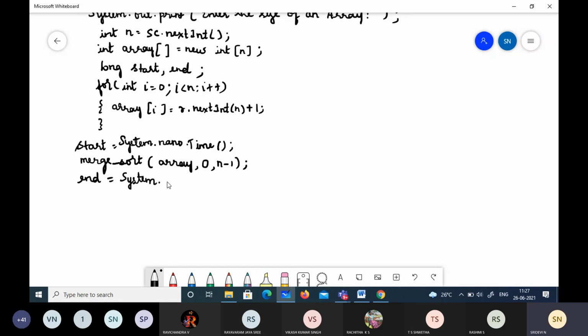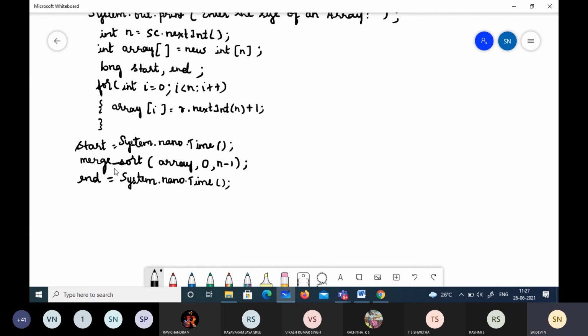After performing merge sort, so beginning and ending, we'll just note down the time. Okay, then we will just print the sorted elements after that.